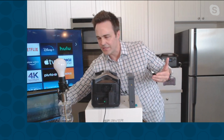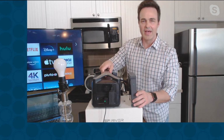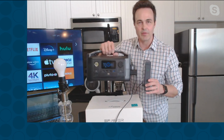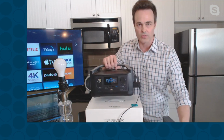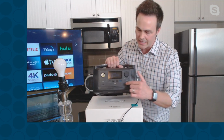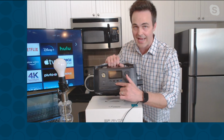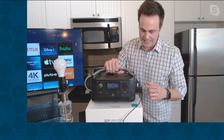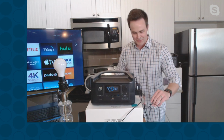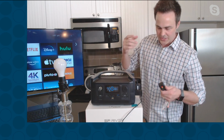Let me put this right over here so you can see it. And I just want to reiterate that it's only 11 pounds. Carry it from room to room. It's not intimidating. It's not difficult technology to wrap your mind around. Again, it's one button press, no gas, no oil, no toxic fumes, immediate access to that industrial amount of power. And then I just want to show you something fun. If you're into